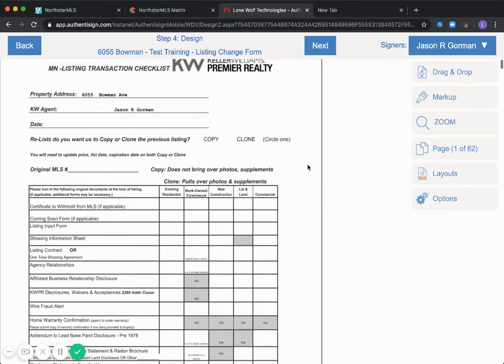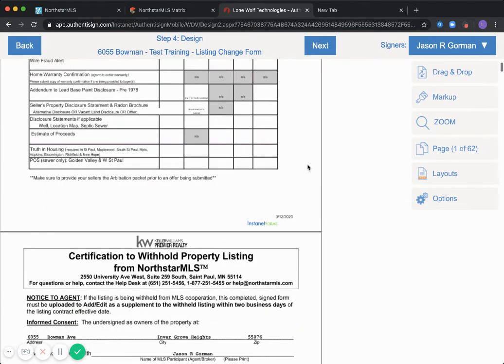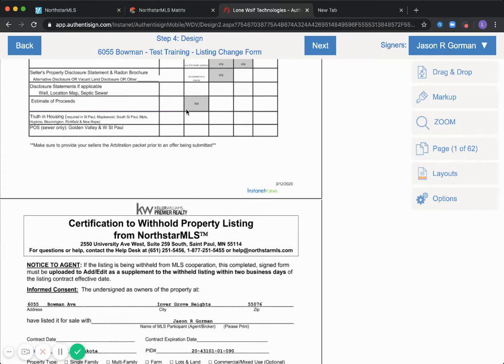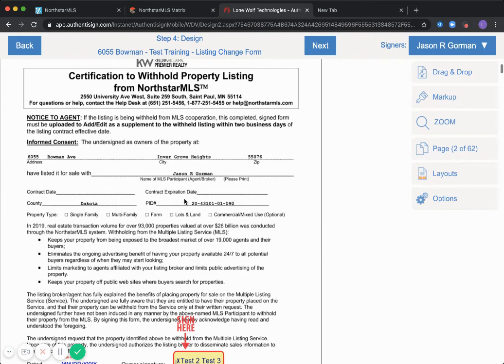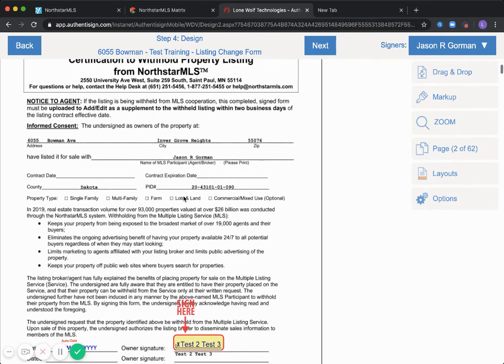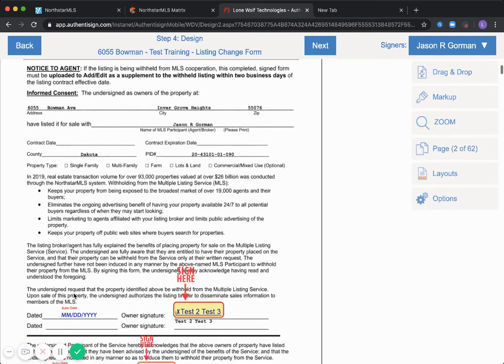Okay, this particular one does not need to be signed, and you honestly wouldn't even need to include it if you didn't want to. So here is the certification to withhold. If you notice, because of our import, it already added the signature line here. It does not do that for every single page, so make sure to look at all of them before sending